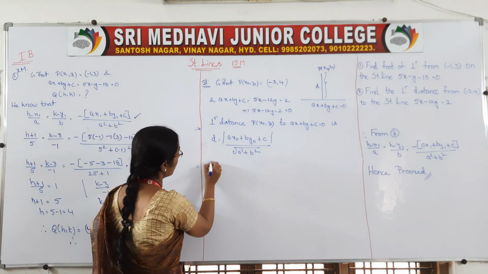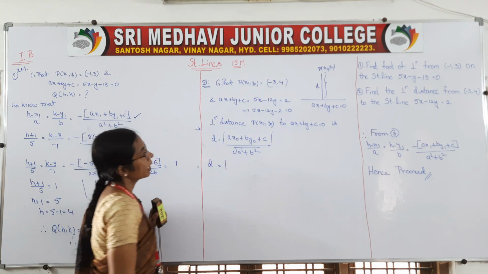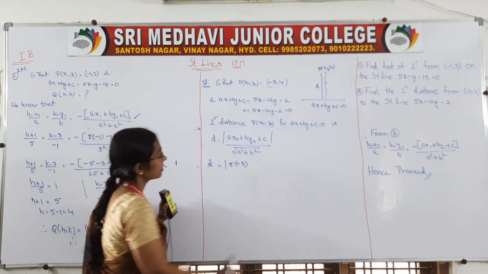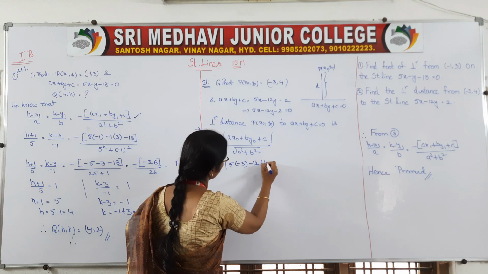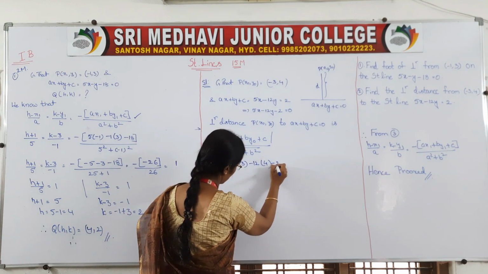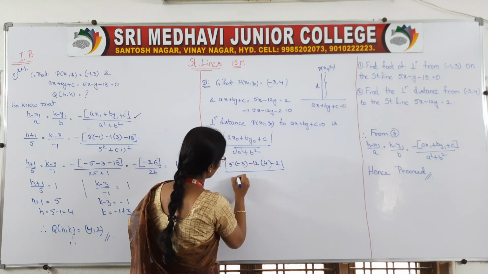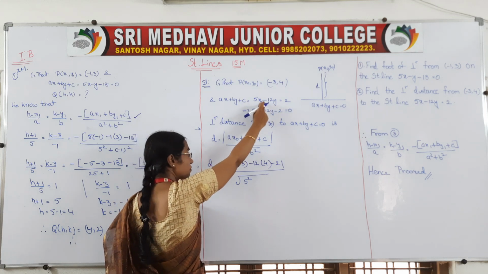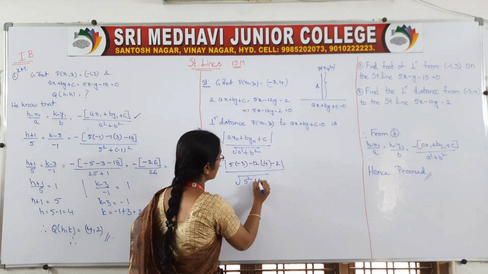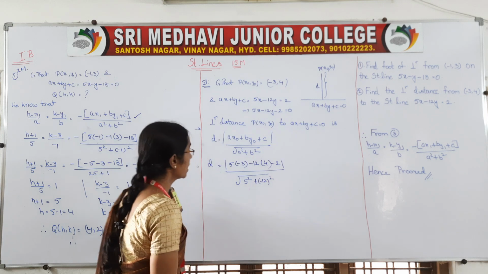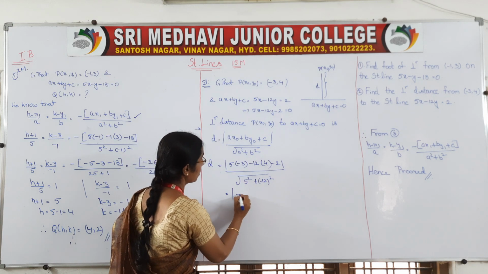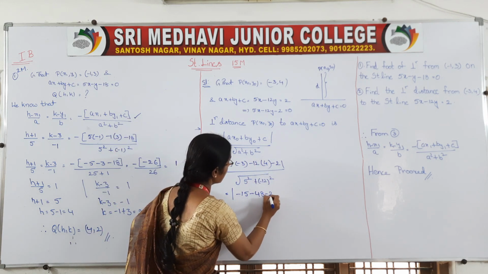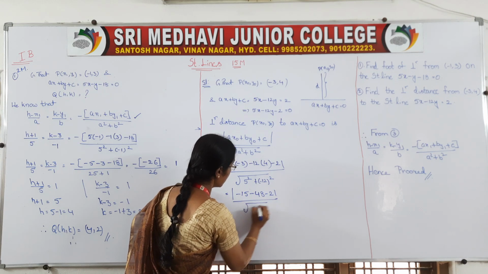So, find out. Perpendicular distance is equal to a is 5, x naught is minus 3, b is minus 12, y naught is 4 and c is minus 2 divided by a square, that is 5 square. X coefficient is a, y coefficient is b. So, plus minus 12 whole square. So, it is equal to modulus of minus 15 minus 48, 12 fours, right, minus 2 by root of 5 square 25 plus